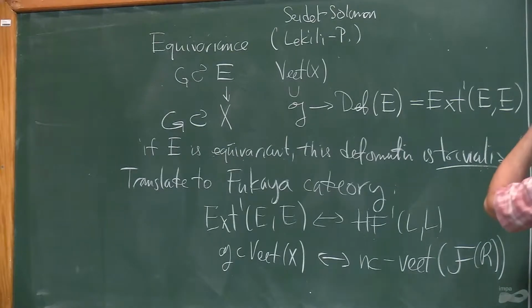So it's actually very simple to define what NC vect is. The non-commutative vector field in a category, an A infinity category A, is just a set. It's a set of closed degree 1 cocycles in the Hochschild cochain complex. Okay, so